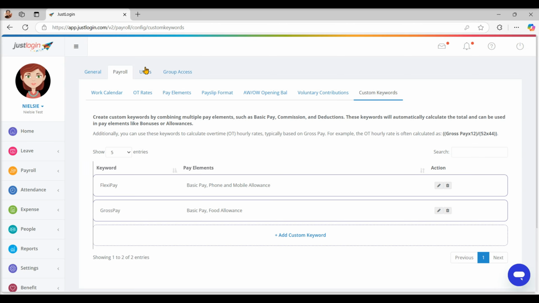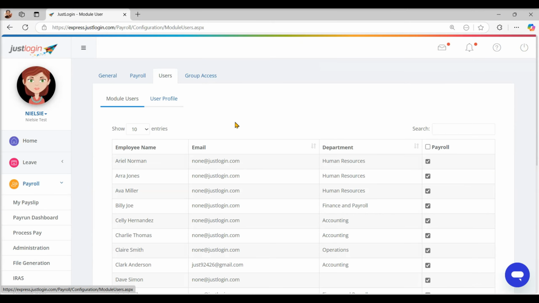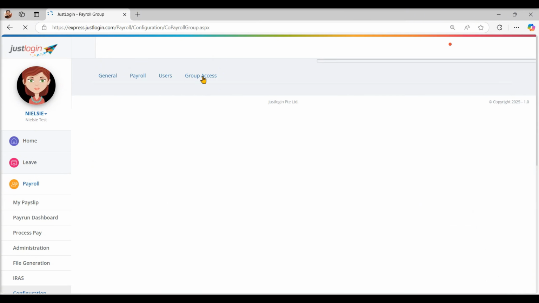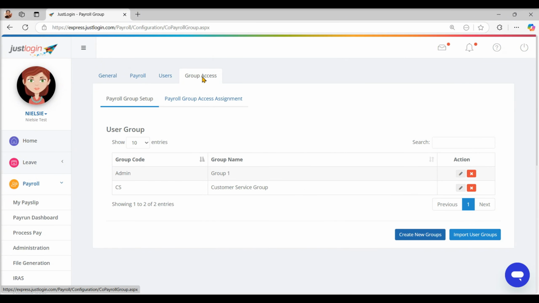The third tab in the Configuration page is the Users tab. This page displays all the employees who have access to the Payroll module. The User Profile section allows you to set various access permissions for different groups within Payroll. The system has predefined roles such as Payroll Admin and Reports Admin, which you can use to grant access to group admins. The last tab is Group Access, where you can create different groups and assign an admin to each